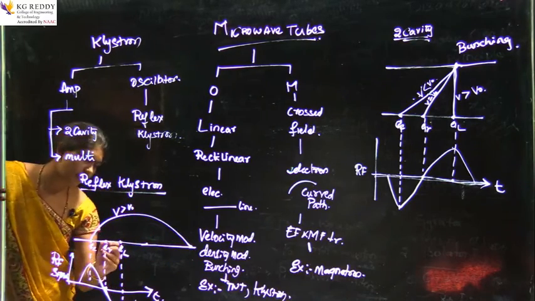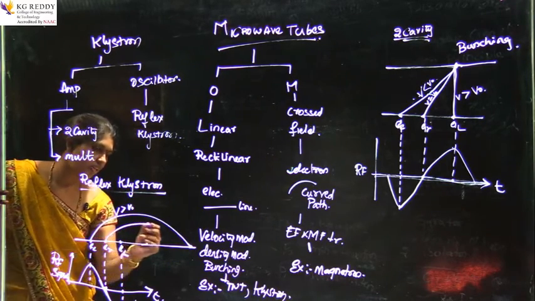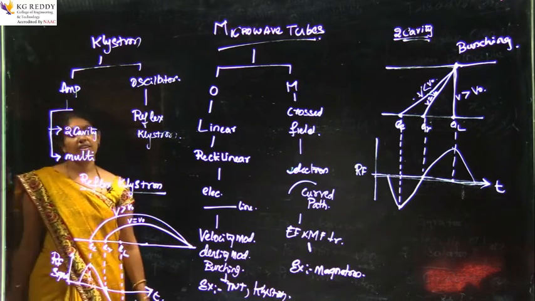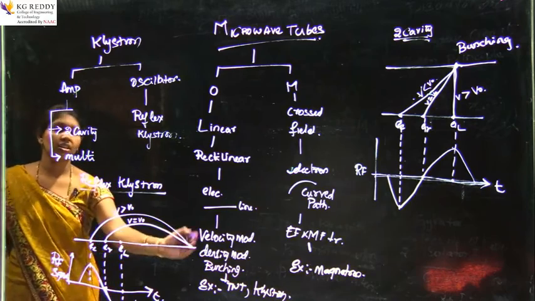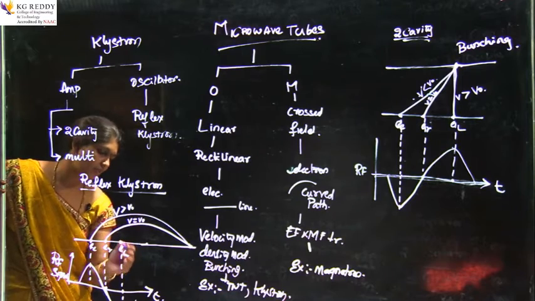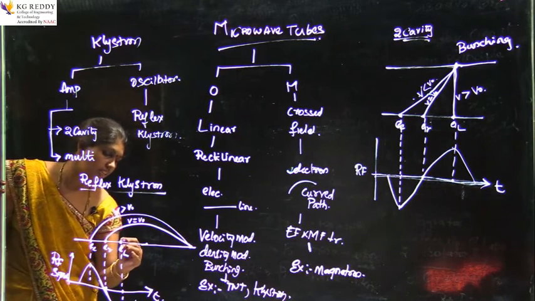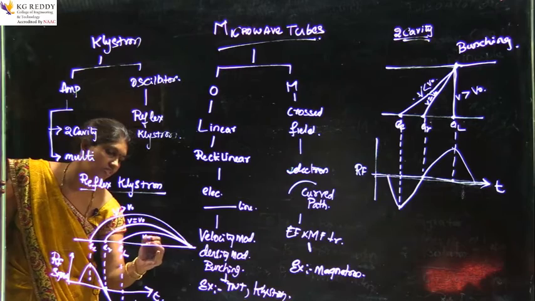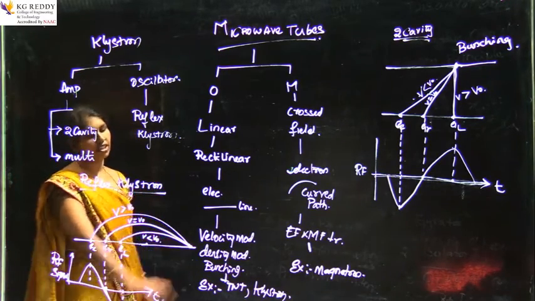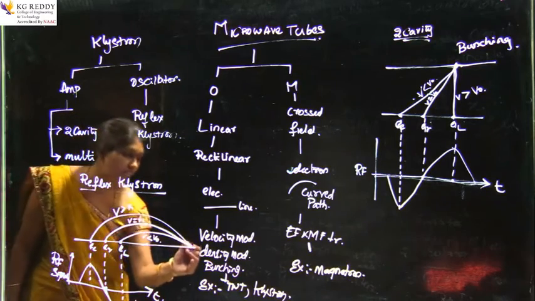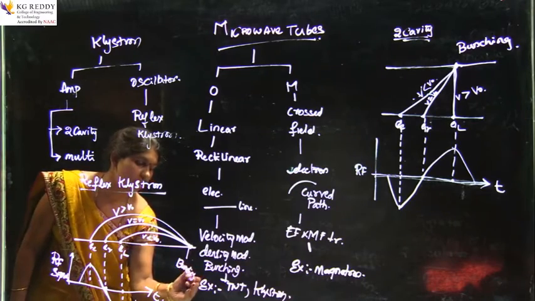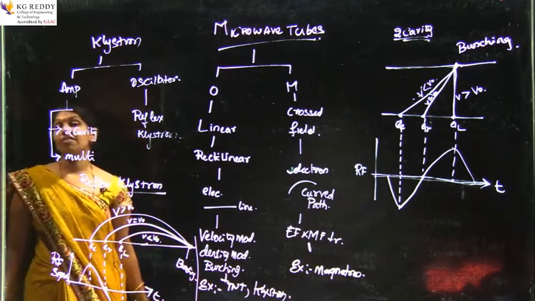Now coming to the reference electron, it will travel with normal velocity, V equal to V naught. With the reference velocity it will travel and reach the collector. Whereas the late electron will travel with lesser speed because it is subjected to negative voltage. It will travel with lesser velocity, V less than V naught. It will penetrate less and travel a shorter distance. Anyways, all three will meet at this point. Here, bunching takes place. This is the principle of the reflex klystron.